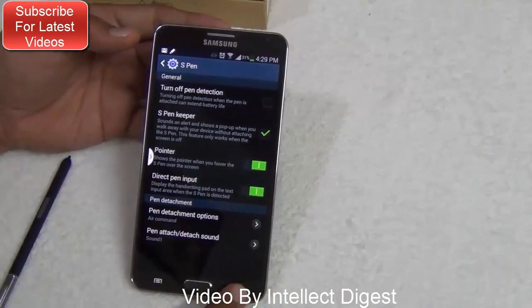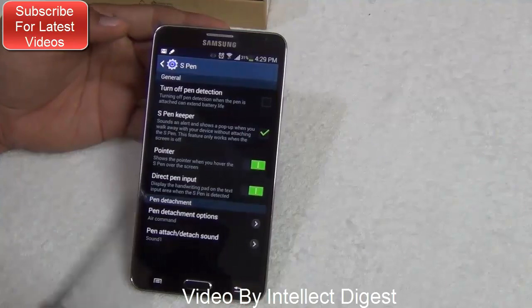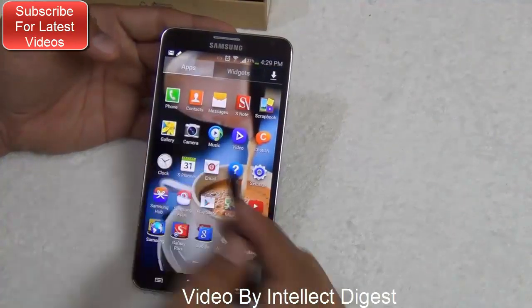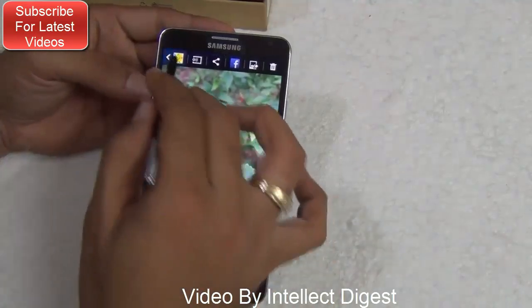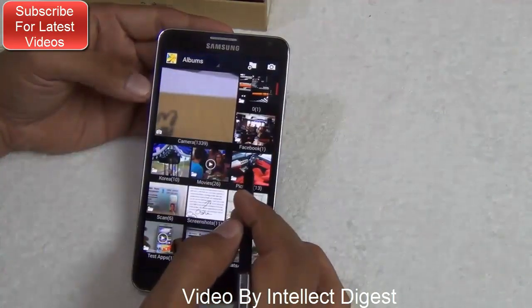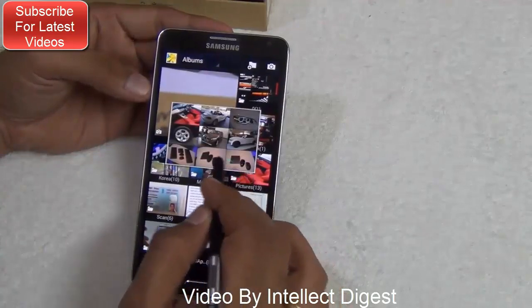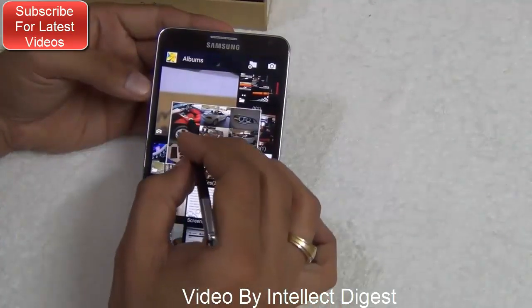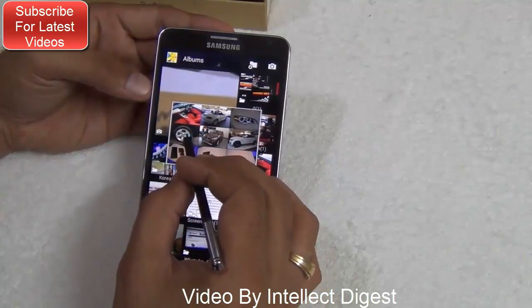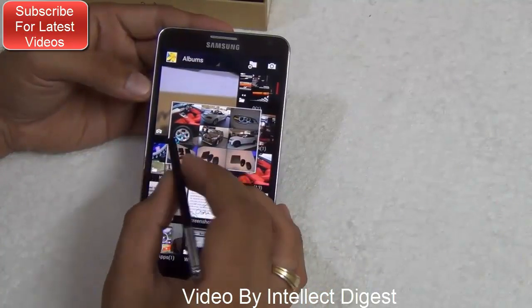The Samsung Galaxy Note 3 also gets some gallery functions with the S Pen attachment or the S Pen stylus. You just go to the gallery and you can use the stylus for watching the preview of a particular folder. Say we go to a folder view and we hover over here and we can see the details, etc. And while we are hovering over any picture, we see some special symbol on the screen, and when we press